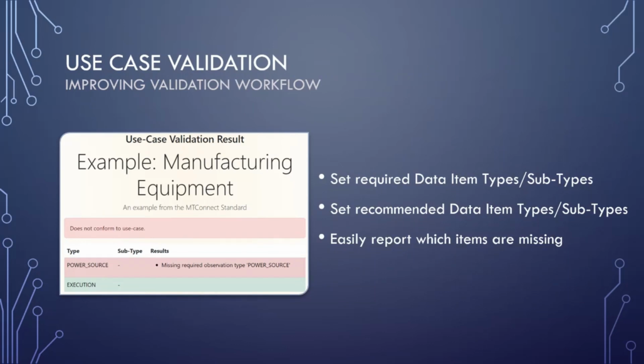Because we save so much time, we also said, hey, there's a popular request out there for years now of being able to simply validate if my device configuration is going to be compatible for a specific use case. Let's say I have a piece of software that tracks all of my furnaces. I want to make sure that an MTConnect solution for furnaces has all the right data item outputs to work with this software. So this tool basically can be used as a spot check to see if your implementation has all the right data items.